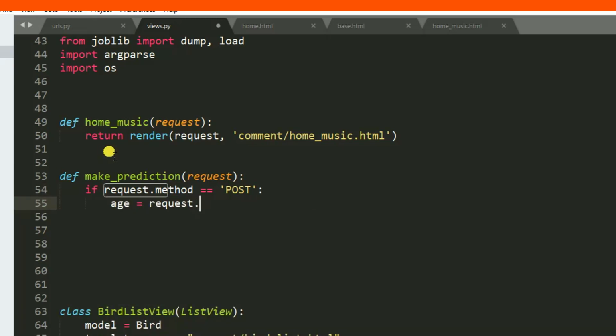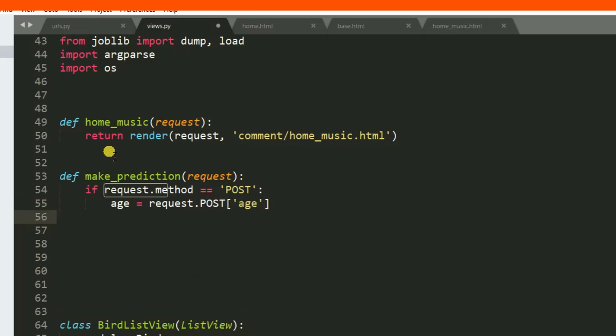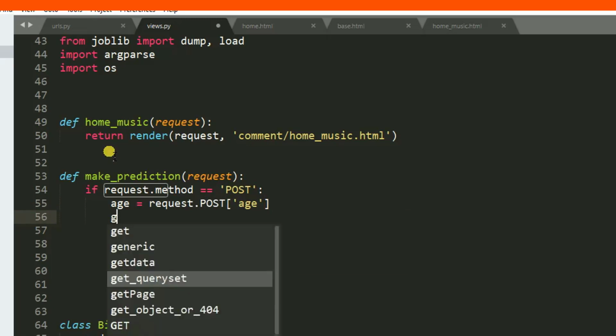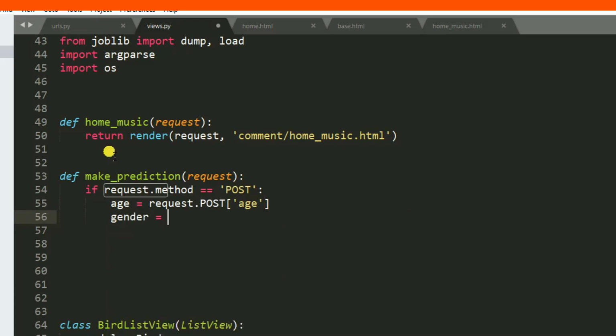I want to receive age from the form, so request.POST, I want to take age. Then I want to receive gender, so request.POST, I pass gender. Okay, then after, first of all, I would like to convert